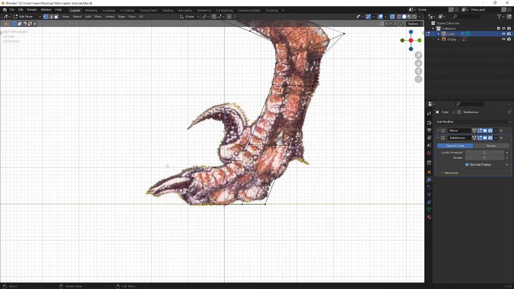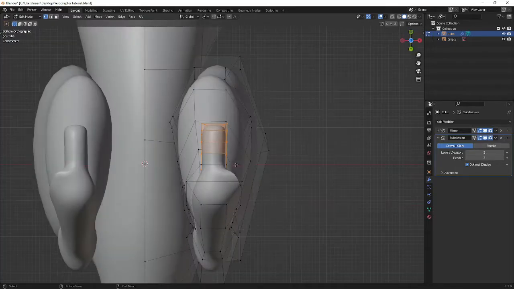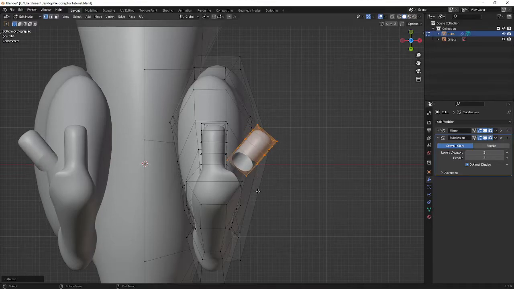This is a bit of a lazy method, but take part of the toe which is not connected to this, right? Shift D to duplicate it, rotate it a bit, scale it a bit down,